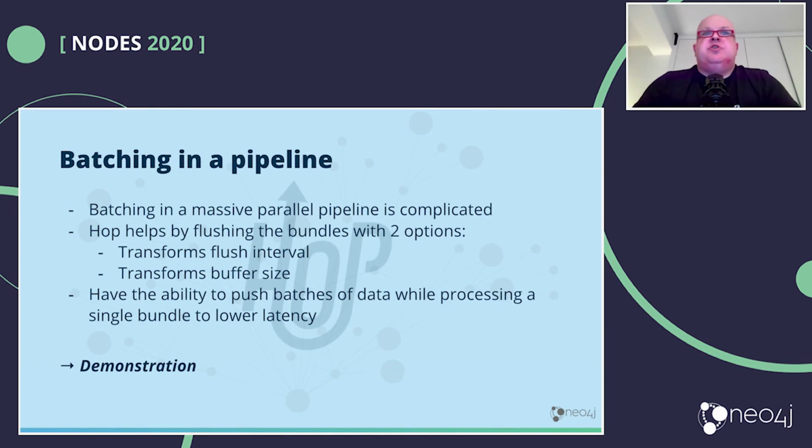The same for the buffer size. You know, I want to do a flush and commit every couple of records or every 500 records or whatever. And so this flushes these bundles and puts them through. Just to go back to that data flow, these are the options that I mentioned. This is set to half a second and a very small buffer size because we're dealing with small amounts of